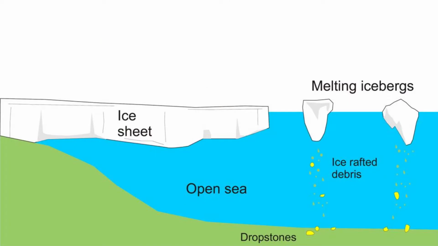One of the other really cool things that you can see in sedimentary rocks that tell you about past environments is something called dropstones. When there's a glaciation, as the glacier moves over land, it picks up large boulders or pebble-sized objects, and then as the glacier melts and ice rafts, it will slowly start to drop these stones into the sediments. They get lithified over, and you'll have a dropstone preserved in the rock,